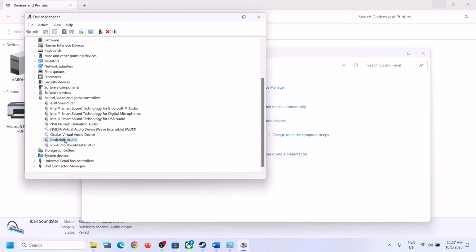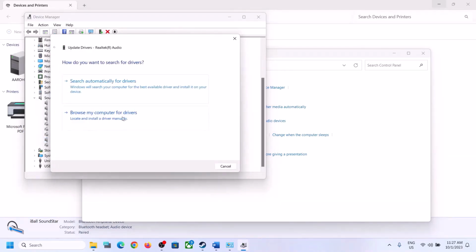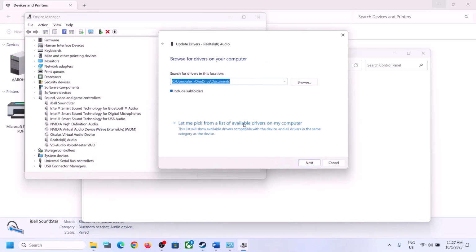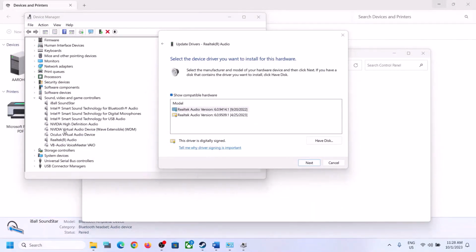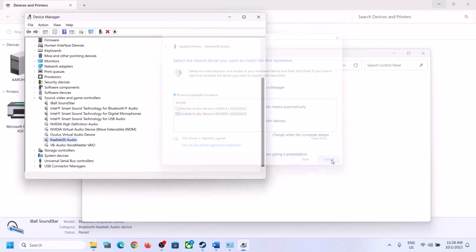and then check. Still if you're facing the problem, make a right click and then click on update driver and then click on browse my computer for drivers and then click on let me pick from a list of available drivers on my computer. So when you make a right click over here, you can see different drivers over here. Now here you might see high definition audio device, high definition audio driver, something like that. You can select that and then click on next, install it. Or if you see Realtek over here, you can select another one. You can try different drivers over here. So select different drivers over here and then click on next, install it and then restart your computer and then